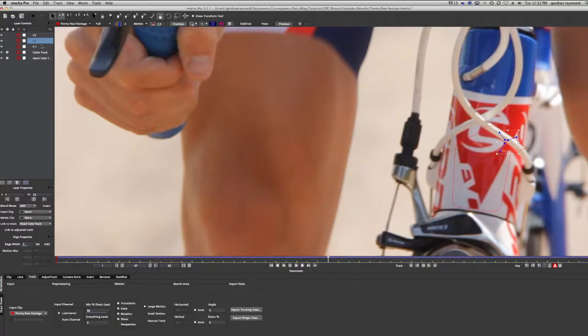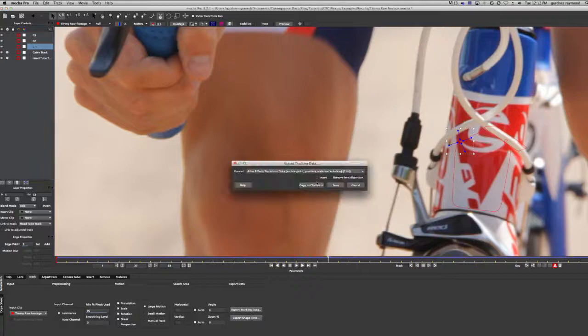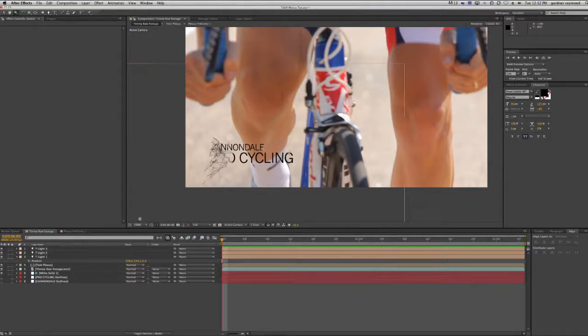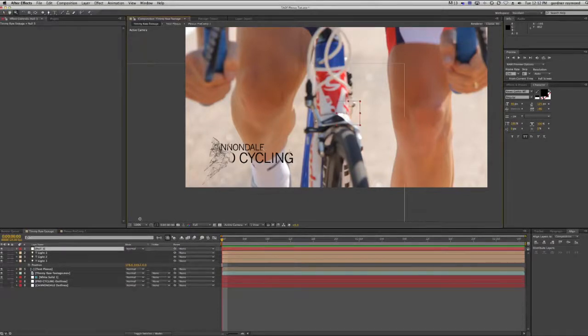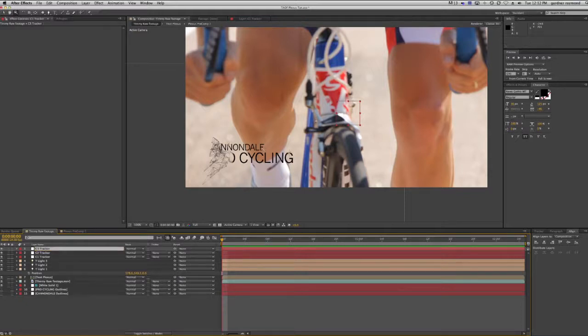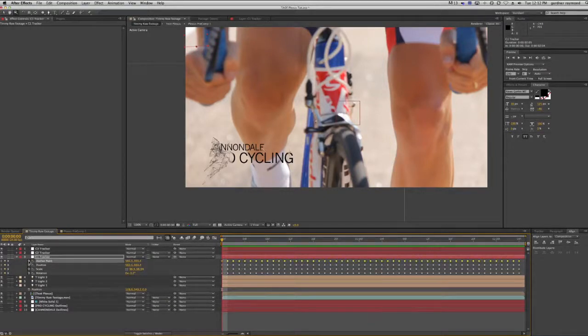So let's do C1, export tracking data, copy to clipboard, go back to After Effects. Let's create, Command Option Shift Y, a new null. We're going to hit enter to rename it, C1 tracker, and let's just duplicate this twice. C2 tracker, C3 tracker. Awesome. So C1, paste our data, U, anchor point, select all, reset,